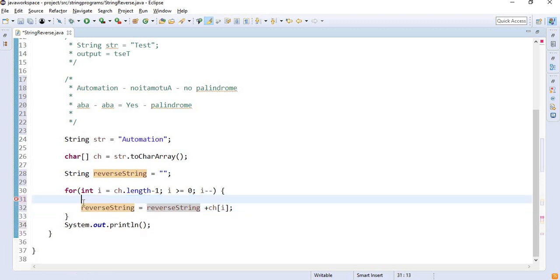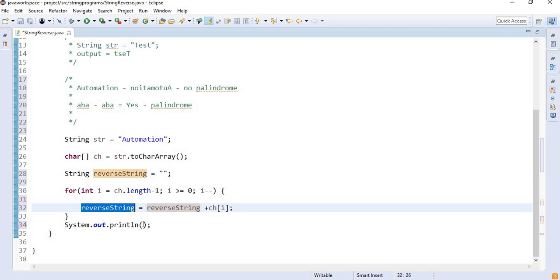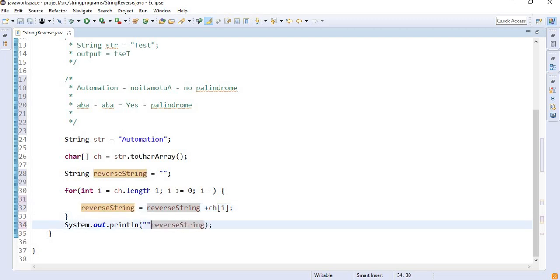That's it, nothing else. Okay, and I will print it here. I will modify it a little. Let's see.